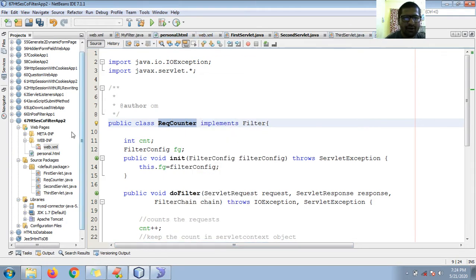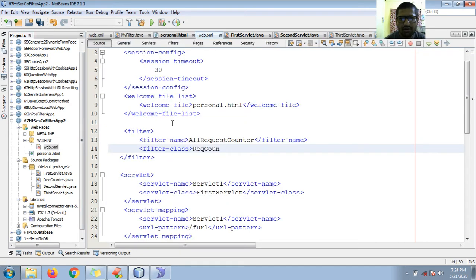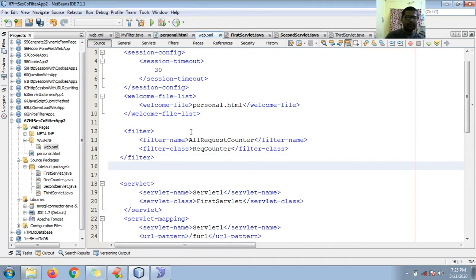Go to the web.xml file, and at the end of the filter class, now let us go for the mapping, filter hyphen mapping.